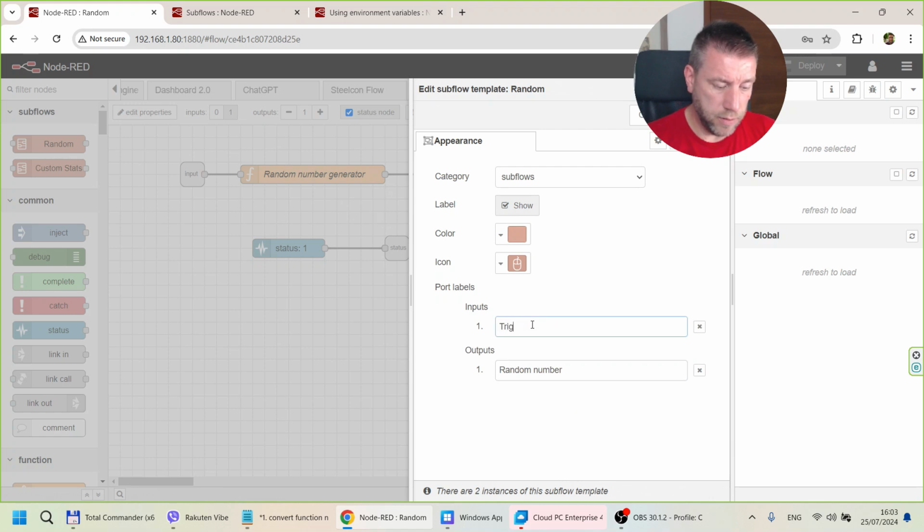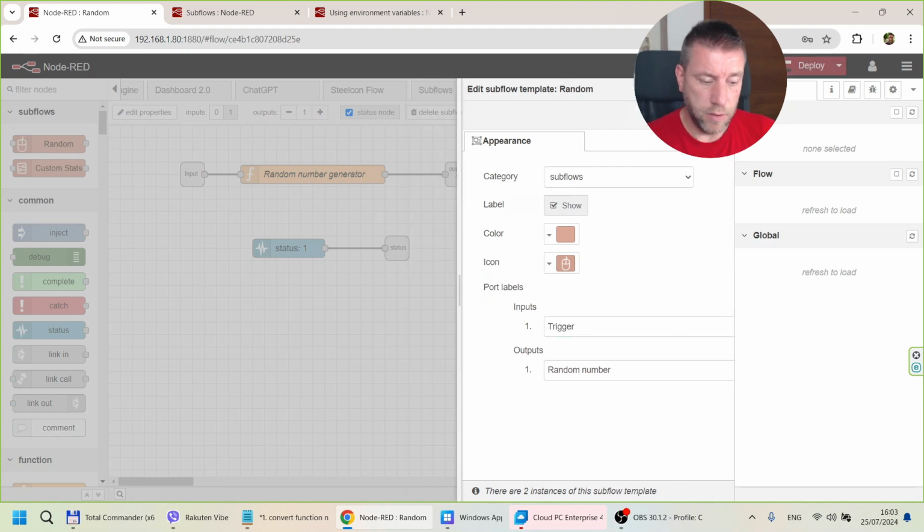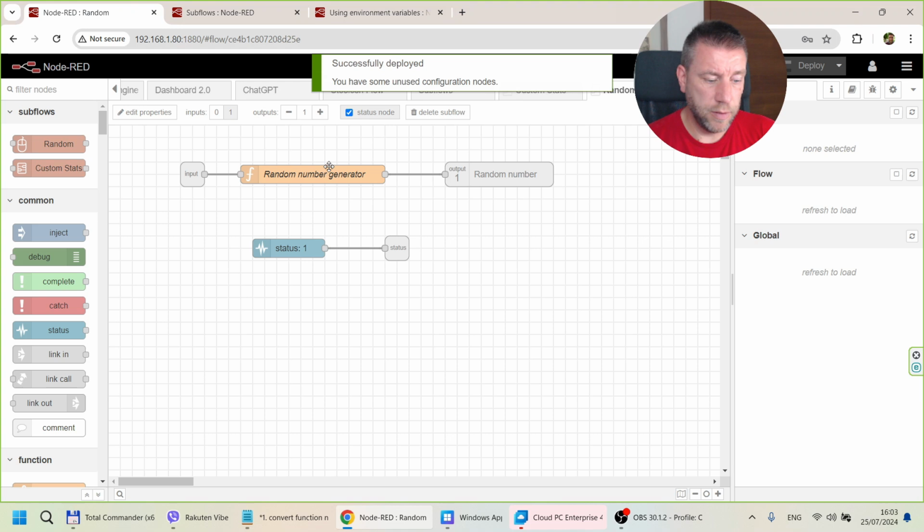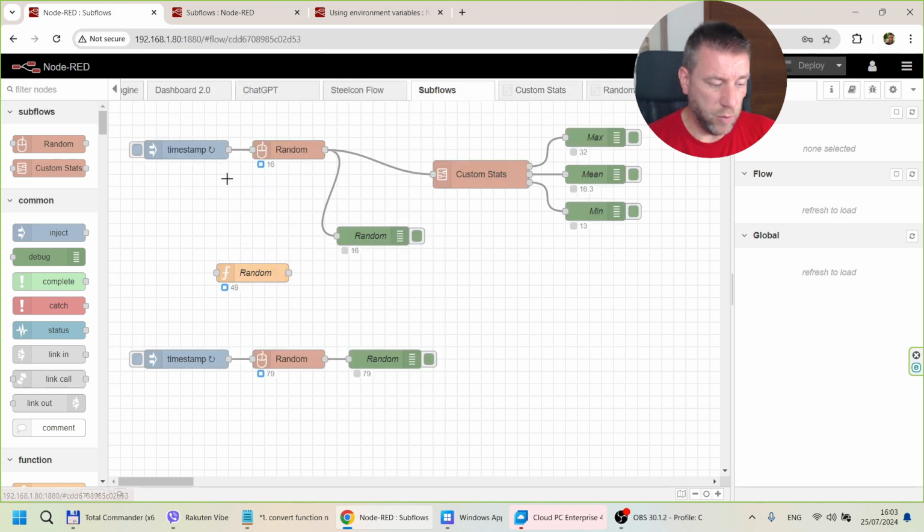So I can do that. So if I deploy, and if I go back to my main flow, now you can see that the icon has changed, and this one says trigger, this one has random number. So actually the name of the input and the output shows up, and it is especially useful if you have